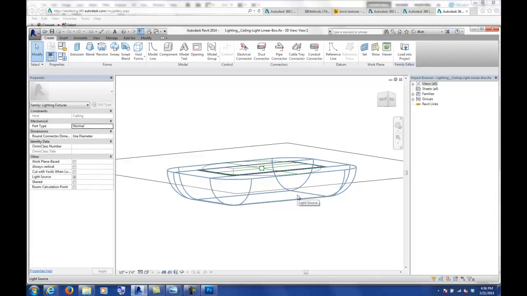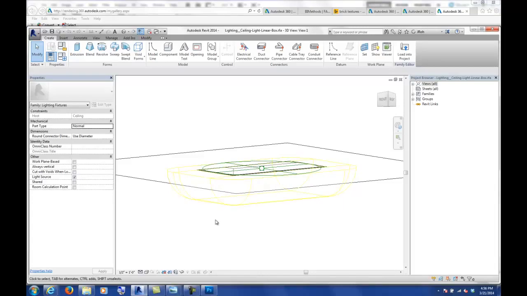I might download a light from a manufacturer, and I really like the light fixture, but whatever light settings they inputted into it just isn't making my rendering look good, then I might go in and change it so that I can at least get a nice shot. Each lighting family is made up of, you can see this